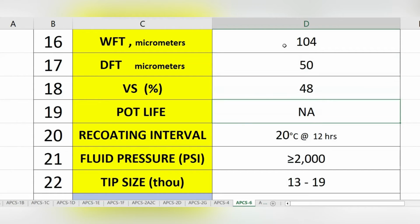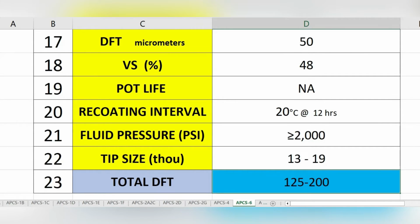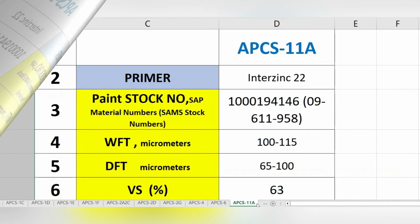Pot life not applicable. Recoating interval at 20 degrees, 12 hours. Fluid pressure greater than or equal to 2000 psi. Tip size 13 to 19 thou. Total DFT for APCS 6 125 to 200. Next paint system